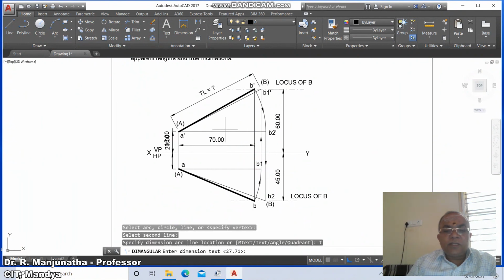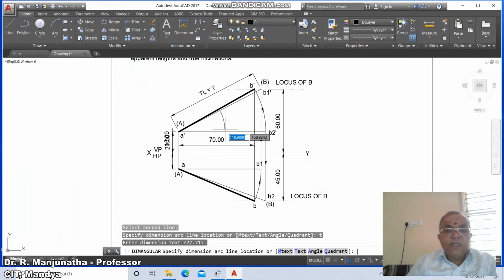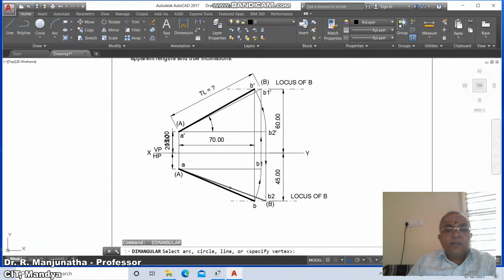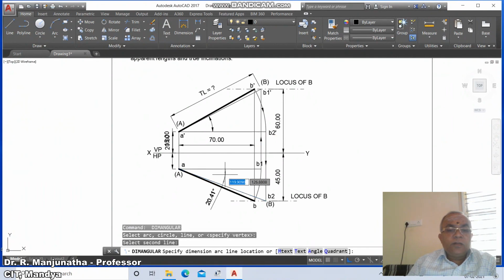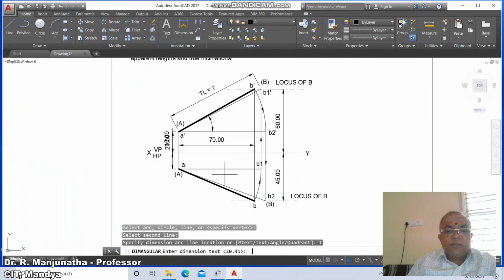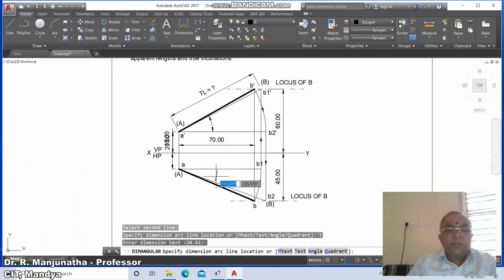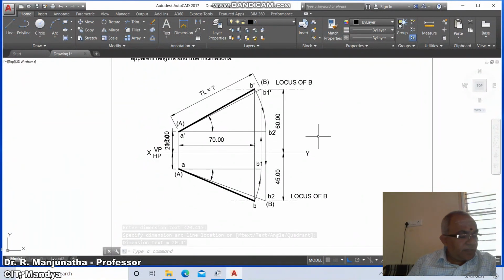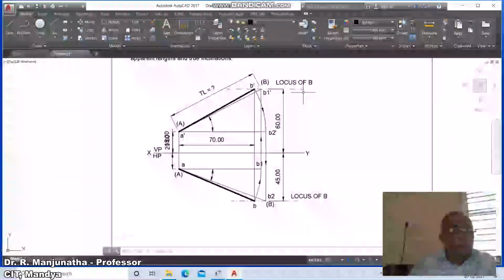So as you go to text, use space, enter dimension line location, then here angular, select these two, then it is 5, it is 25, text, give space, enter, so you're going to get this. So here 86.02, then this dimension, sorry, so true length is 86.02.